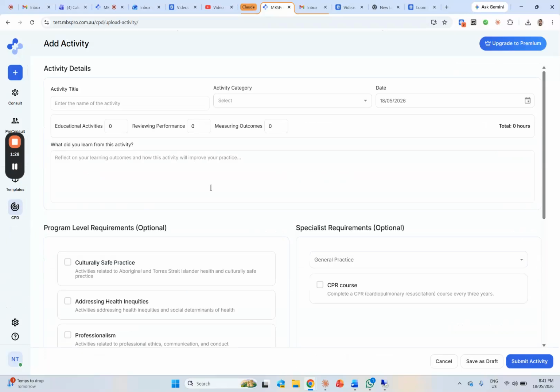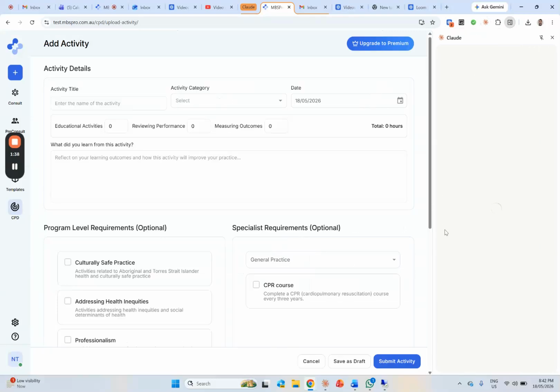Now, let me show you how you can add an activity. So you can go here, add an activity, type, 2025, or you can open up Claude, go here, and go, hey Claude, can you look at Gmail and log any CPD activities within this